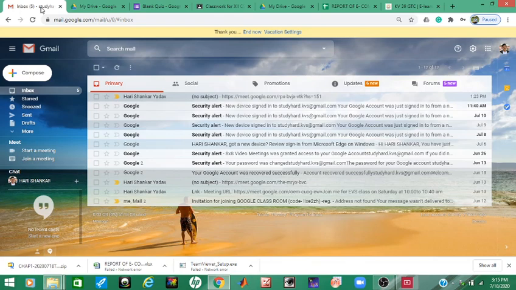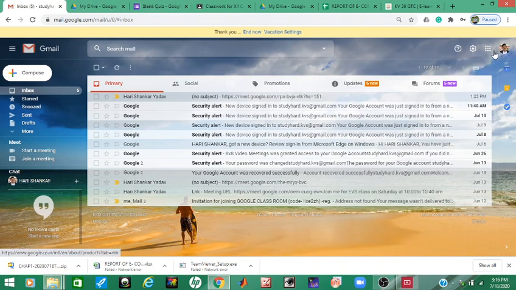So first I recommend all the teachers to create their own separate email ID. It will be different from their personal email ID which they are using in official communication, because if we use an old email ID, then on your Google Drive there will be many important documents and some personal files, and it will not be safe to share the Google Drive. So I recommend to create a new Gmail account and log in to your Gmail.